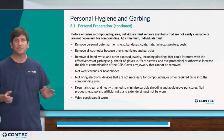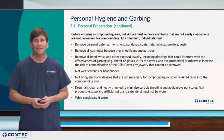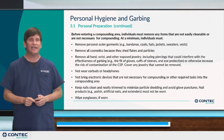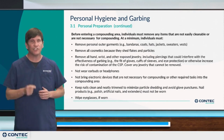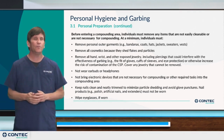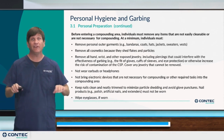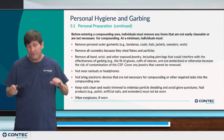Also new from the chapter, it specifically addresses eyeglasses. There have been studies done that show how often people touch their eyeglasses throughout the day, either just adjusting them on the bridge of the nose or pulling them off. So it's really important that you develop a procedure and define it in your SOP for having folks